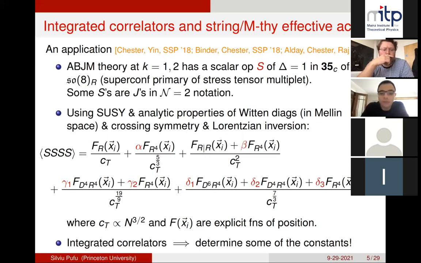And we've done this with 2 such integrated correlators. So that means that up to this order, up to 1 over c_T to the 19/9, one can actually determine the correlation function using just these principles and supersymmetric localization. And I find this kind of remarkable because the indices here correspond to the kinds of Witten diagrams that contribute to these functions. So for example, this one, the second one here, would correspond to contact interactions where the interaction vertices